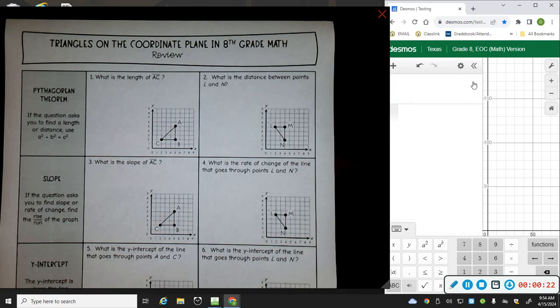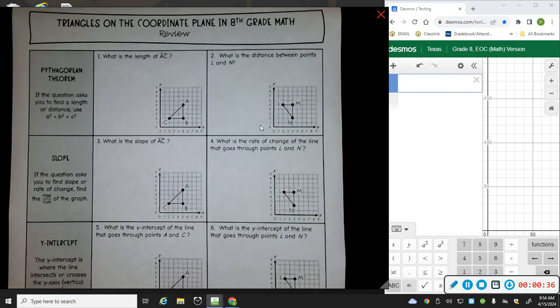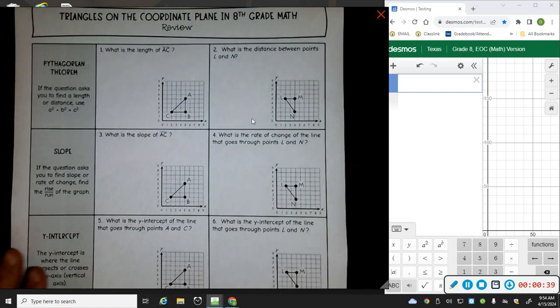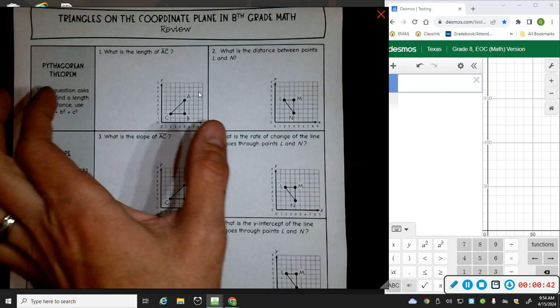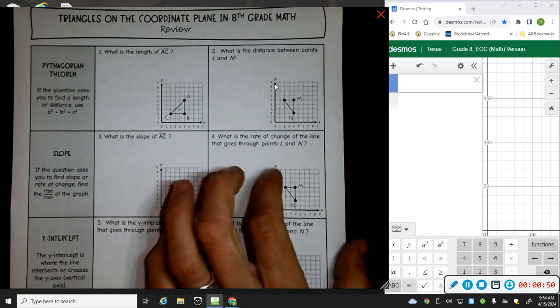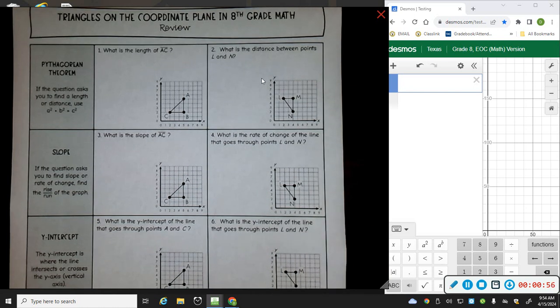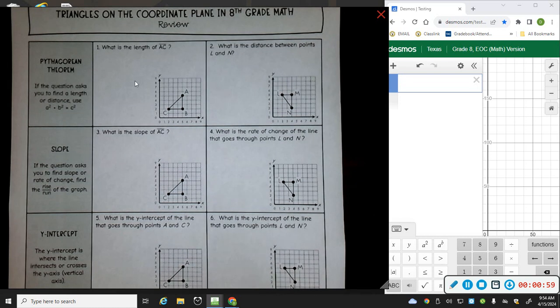Today's lesson is going to be involving triangles, and specifically 4 different topics that include triangles in them. Pythagorean's theorem, slope, y-intercept, and then we'll look at a little bit of dilations and transformations there at the bottom. I'm going to try to do one section on the left, where I show you by hand what we can do using minimal calculator, and then our second example on the right, I'll use the shortcuts that we learned in Desmos this year. So starting with Pythagorean theorem, which is exclusively dealing with triangles,